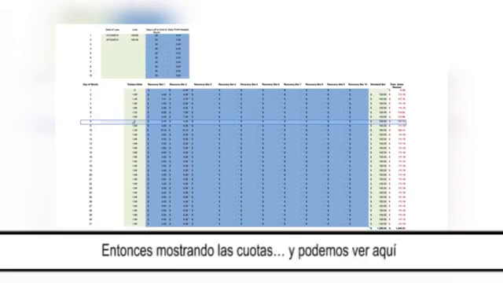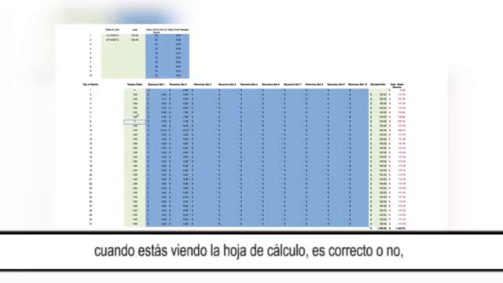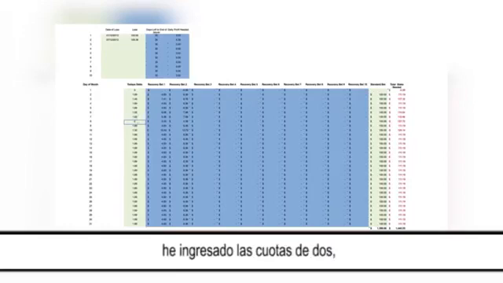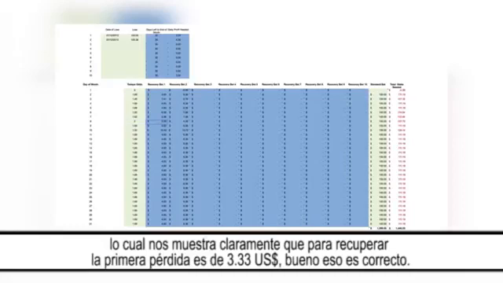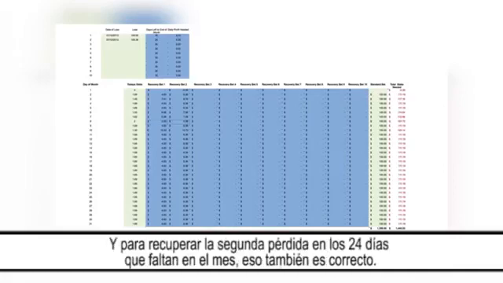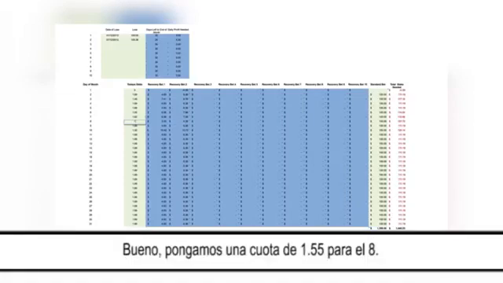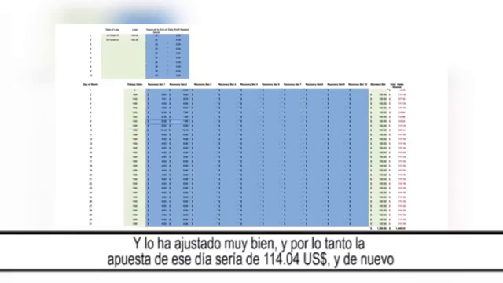So that's showing the odds, and it's a good checksum when you're looking at the spreadsheet, is it accurate or not. I've entered the odds of 2, which clearly shows that to recover the first loss is $33. Well, that's accurate, you can see there. And to recover the second loss over 24 days left in the month, that's also accurate. But let's put the odds on the 8th of 1.55, and it's adjusted them nicely, and then therefore the bet of the day would have been at